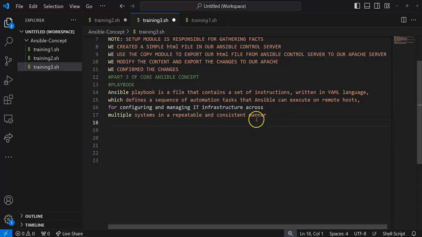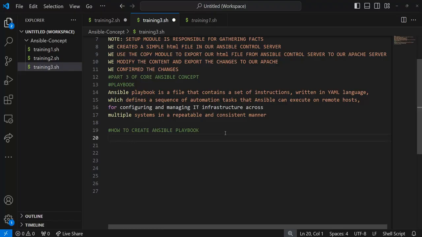So now we will try to create a playbook, and then we will see how we can use a playbook. So let's look at how to create an Ansible playbook, because this is very important for us to understand how we can write an Ansible playbook. But before we proceed, the first thing that we need to remember, even after we have created our Ansible playbook, is that we need to understand the command that we will use to execute our script, we call it, or